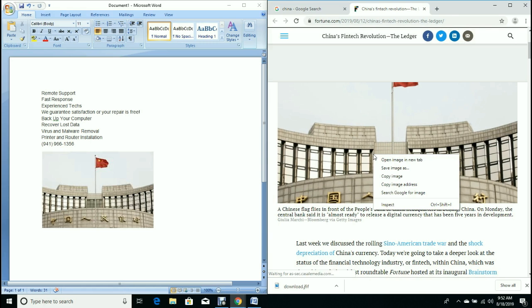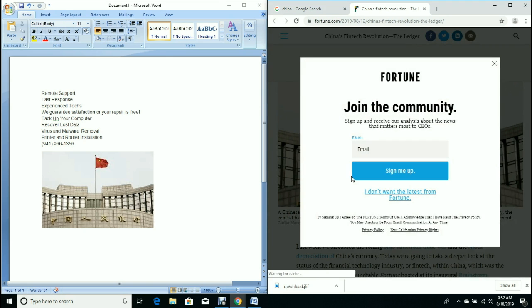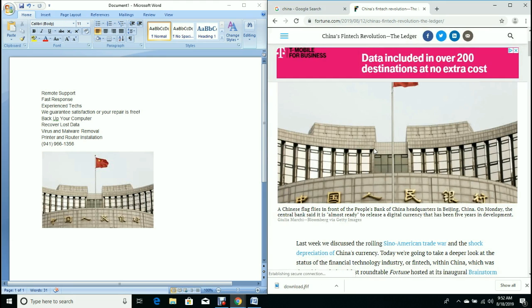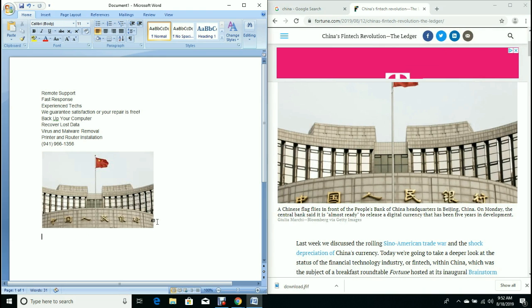Okay, let's right click on it, copy the image, they're trying to sign me up for that magazine. Hit my enter key to move it down, and I'm going to try pressing the Ctrl and V as in Victor key,